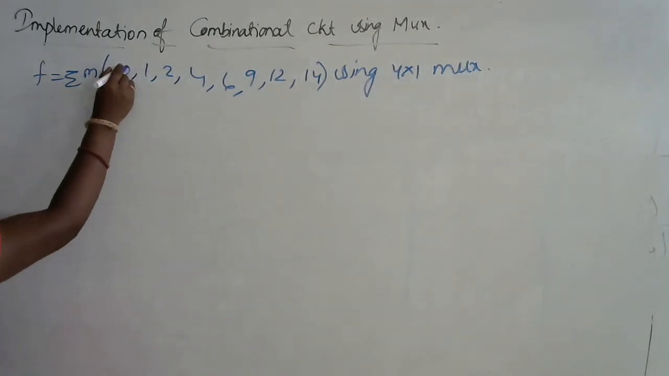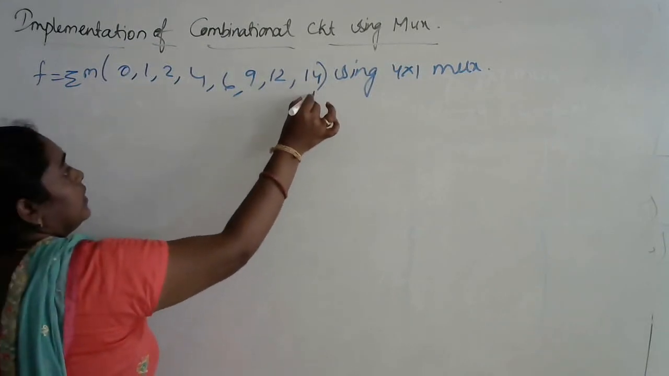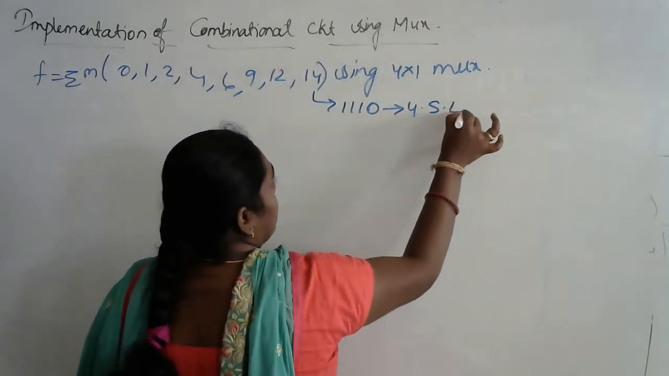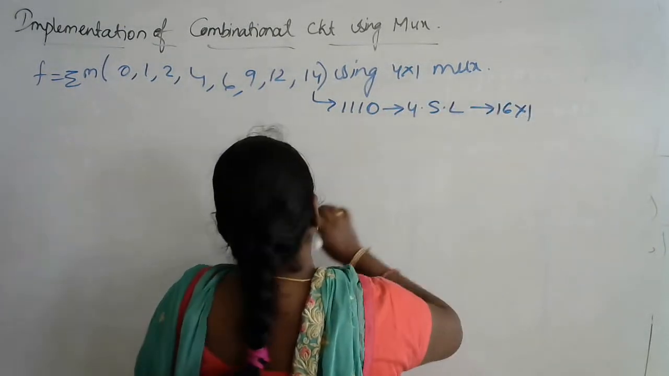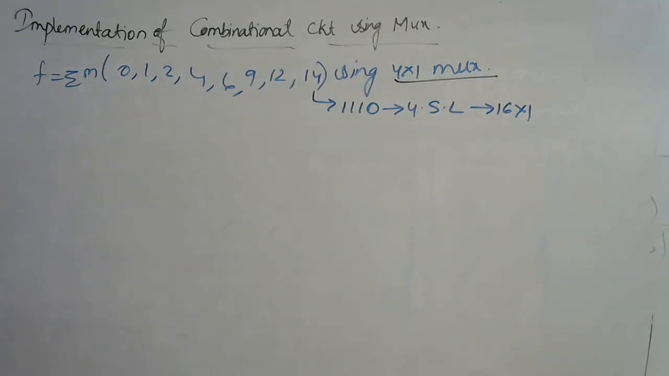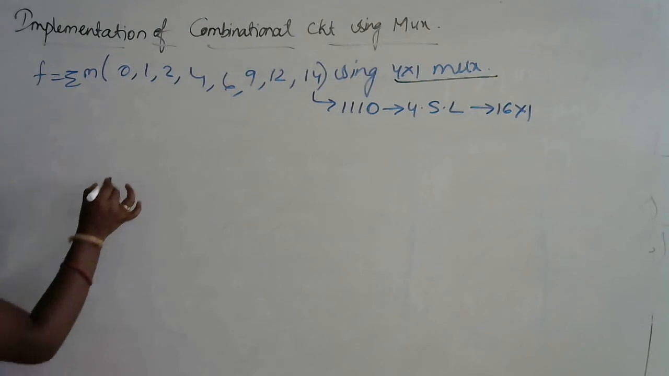The highest number is 14, which is 1110, which represents 4 select lines, so the size should be 16 by 1. But the question says you need to implement it using only a 4 by 1 multiplexer. So we can do it in two different ways. The first one is to take two of them as the inputs and two of them as the select lines. Or the second way is, you need to design a circuit in such a way that